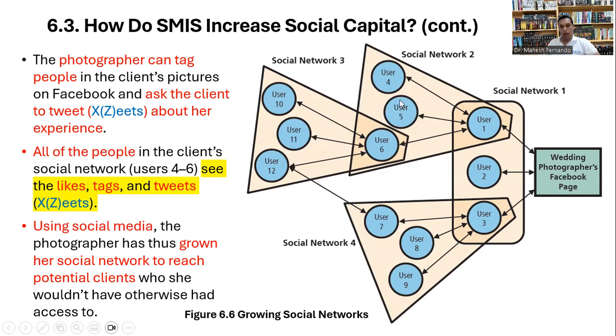These people might not have a link with the photographer, but once user 1 comments on that and shares the picture, all these people will see the picture and might identify the photographer. It is a kind of free awareness given about the photographer to all the parties in the social network. Likewise, you can simply create a message, and it increases the number of people with whom you are creating a relationship. Social media is quickly spreading throughout the network of networks.